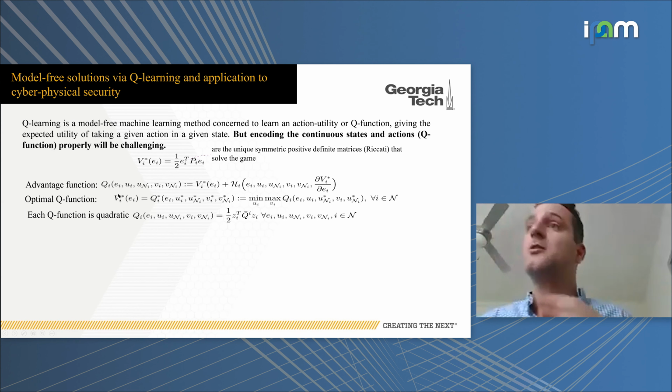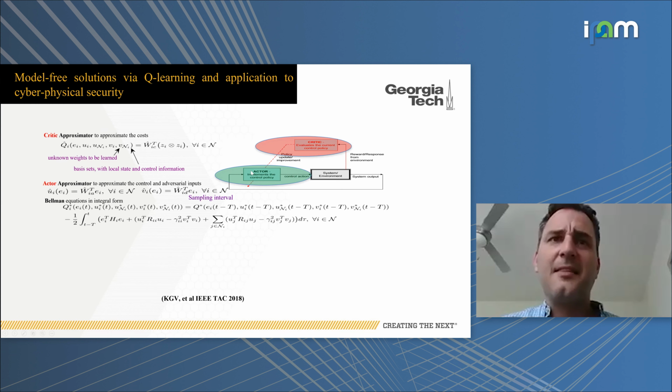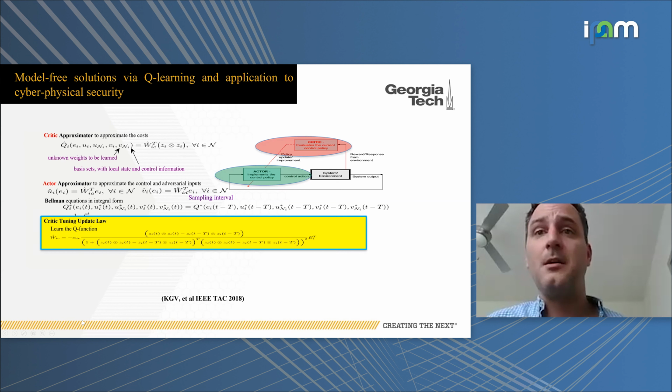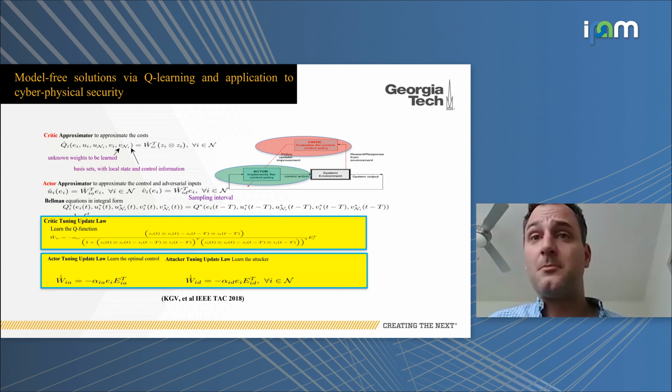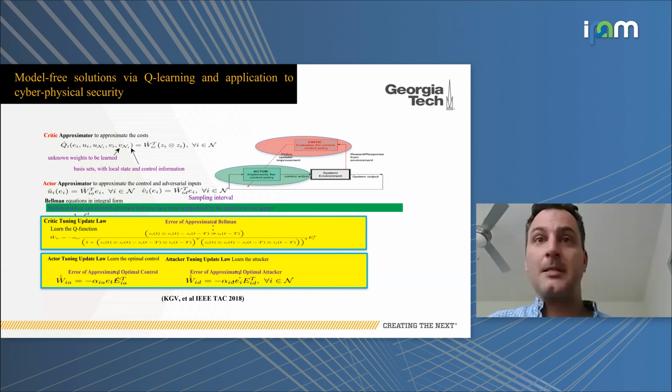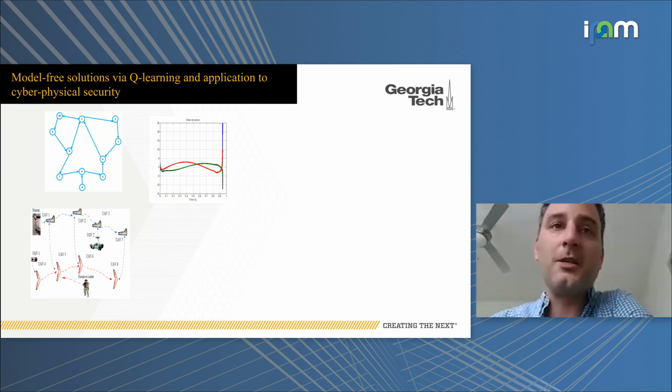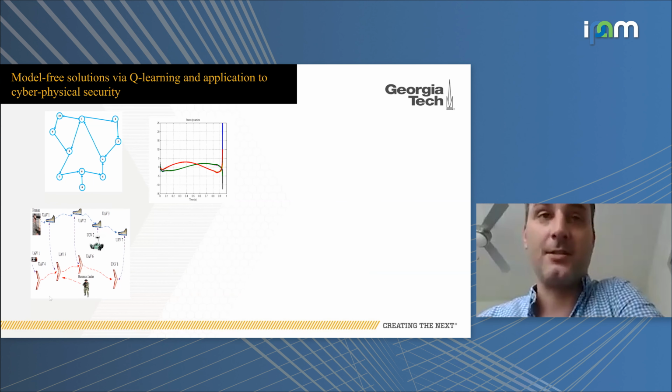And then we can do that in a similar framework, and then we can finally have model-free versions of everything that I have described. And again, this actually relaxes to the integral form of the Bellman equation, okay? Again, there are no offline computations. I plug and play these three things in every agent, and then it will converge to the optimal solution. Guaranteed stability and convergence. Okay, and then these are some theorems, but I don't want to bore you with this one. So I want to show you some interesting simulation results for now.